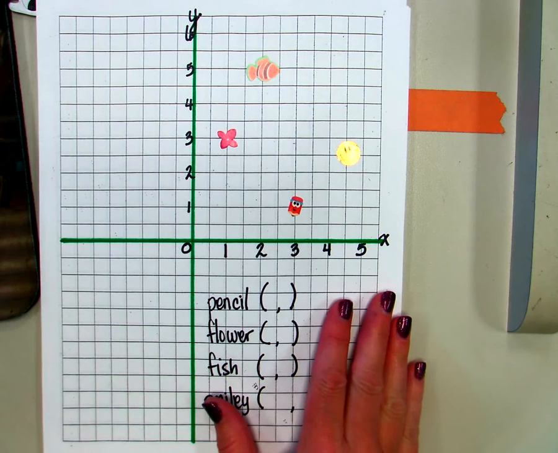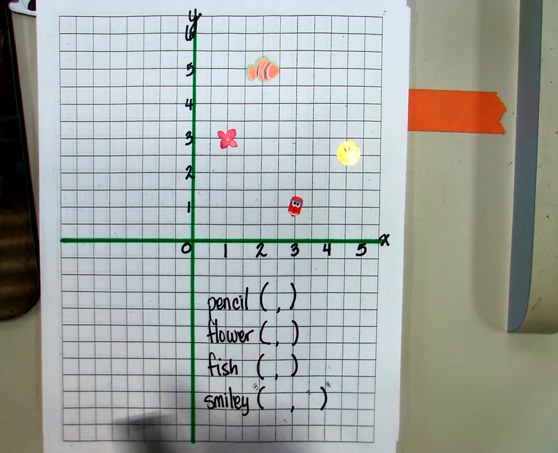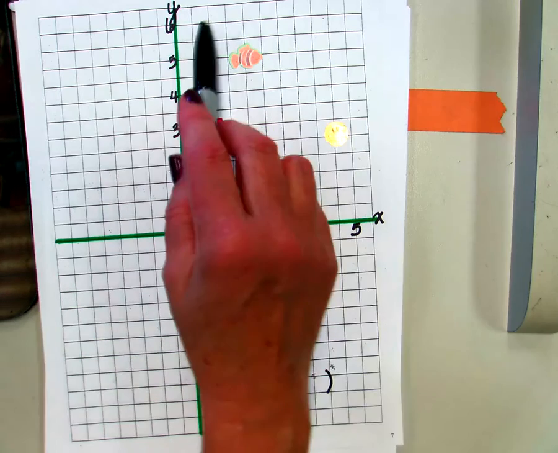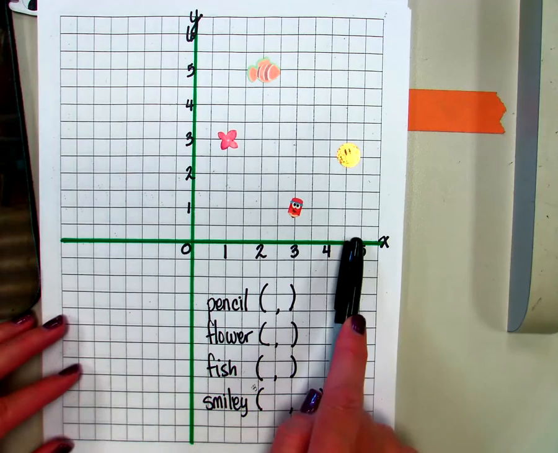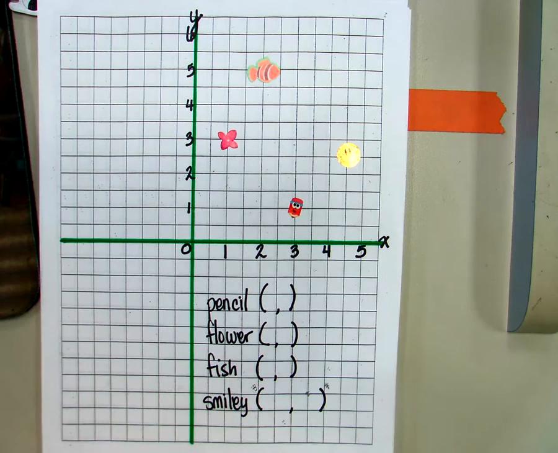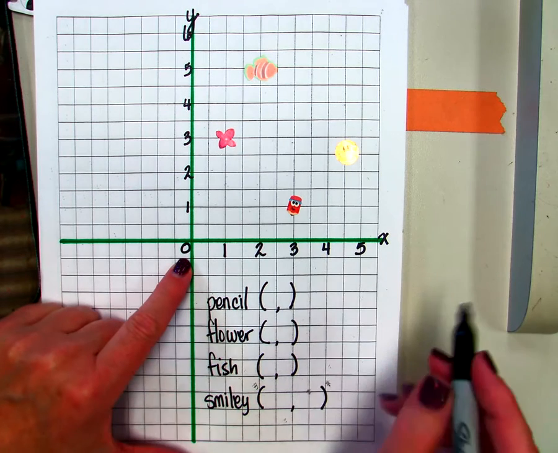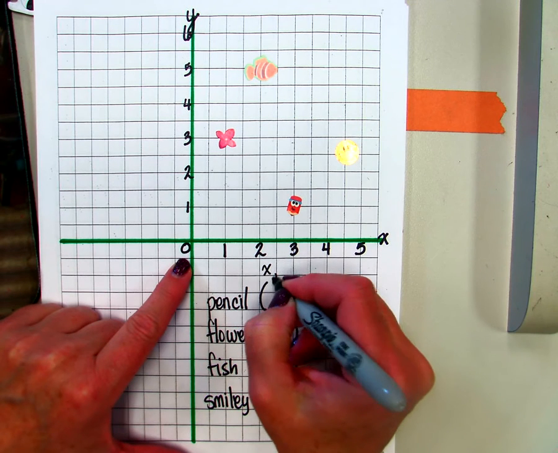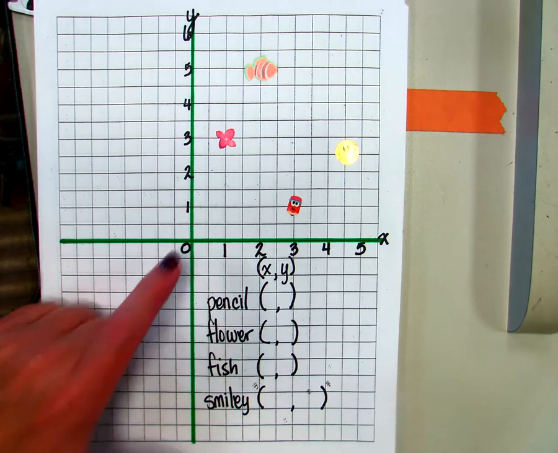Sort of like you can remember that the alphabet, X comes before Y. So we are going to look, these are a pair of numbers that we are going to locate a specific place, here in this quadrant by using our ordered pair. So the first number we use is the X number. Okay, and I'm just going to put my X, comma, Y above my ordered pairs. All right,